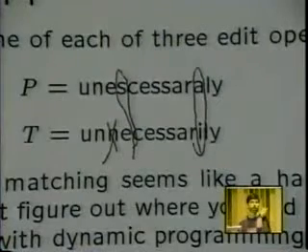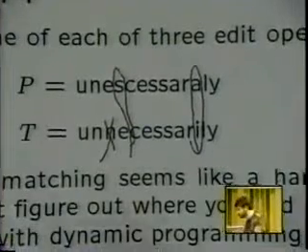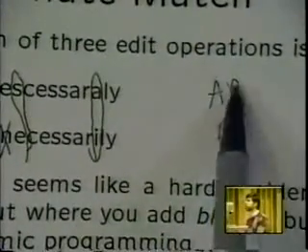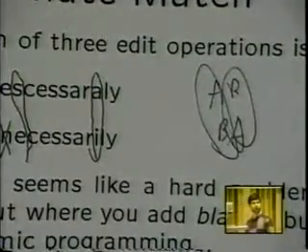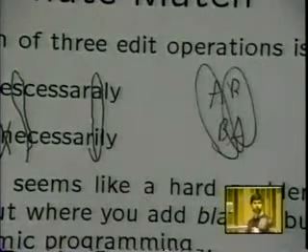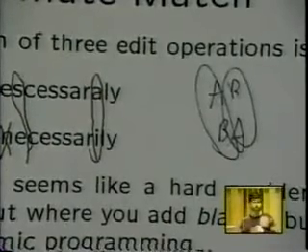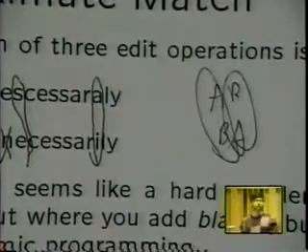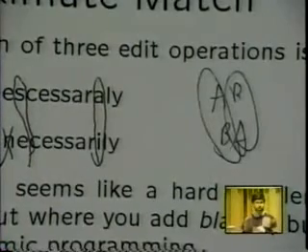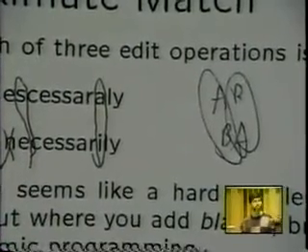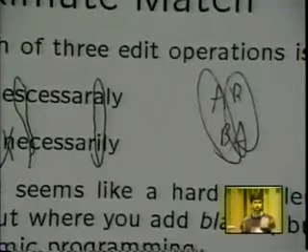And so maybe it should cost less. If I type A, B, B, A, I could change this to this by doing 2 substitutions, or by doing 1 transposition. I could say, hey, just switch them around. Okay, so that could be another way of defining it. Turns out just about any way you want to modify this problem, maybe making certain errors more expensive than others, all of those can be handled by basically modifying the simple dynamic programming algorithm.